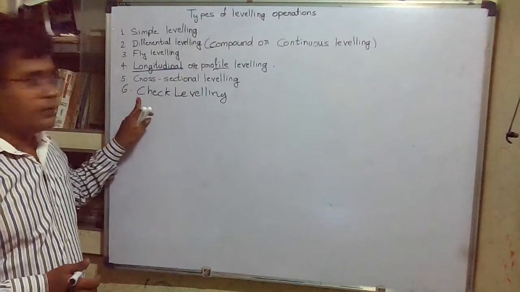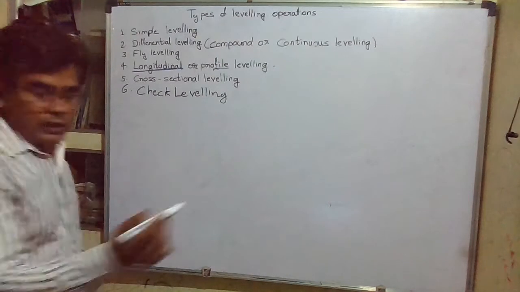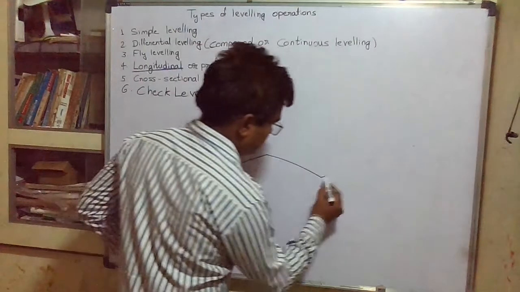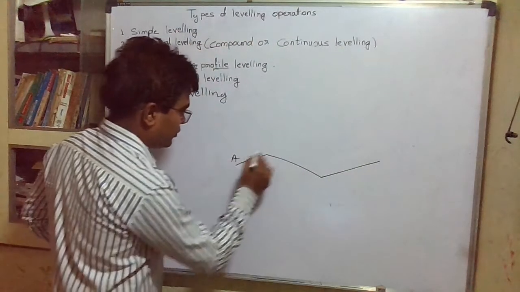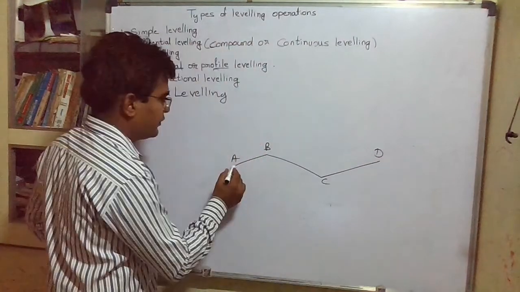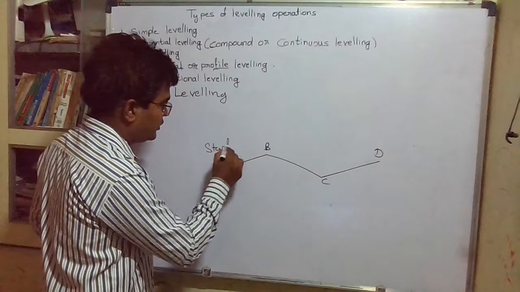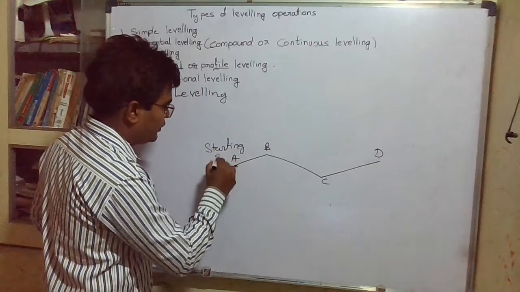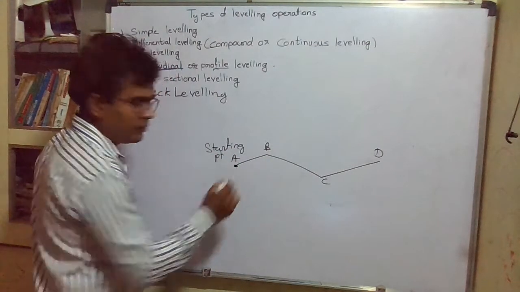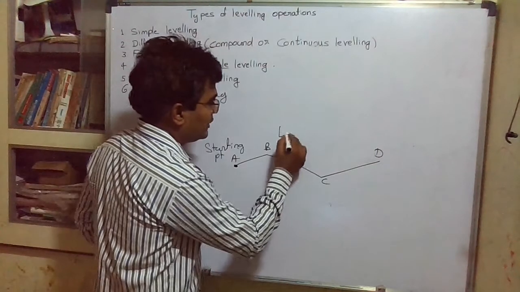Now next is check leveling. Its name suggests it is used for checking. Suppose we are doing longitudinal leveling, and this is our alignment of a road A, B, C, D, and this is our starting point, the start of the day's work. If point A is the starting point, and we have started for the day and we are doing longitudinal leveling,